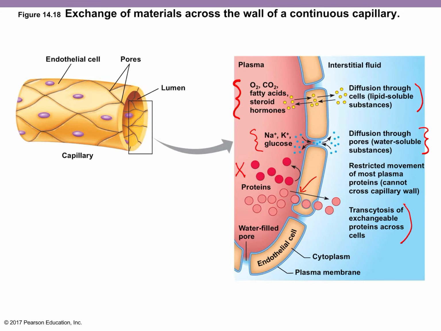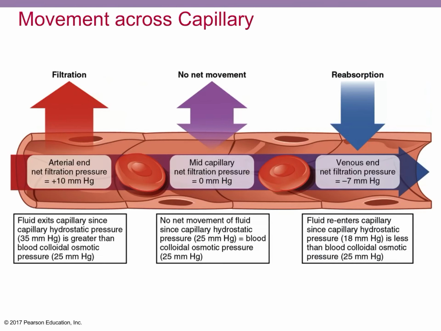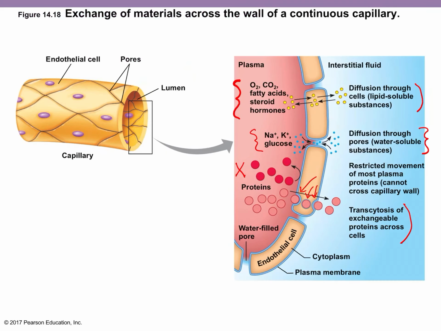So transcytosis is, we looked at this before, but basically the capillary is going to create a vesicle on one face of the endothelial cell, transport it through a vesicle across the cell, and then export it through exocytosis on the opposite side. So that's transcytosis. All right, and then just the clinical note here, transcytosis has been linked to